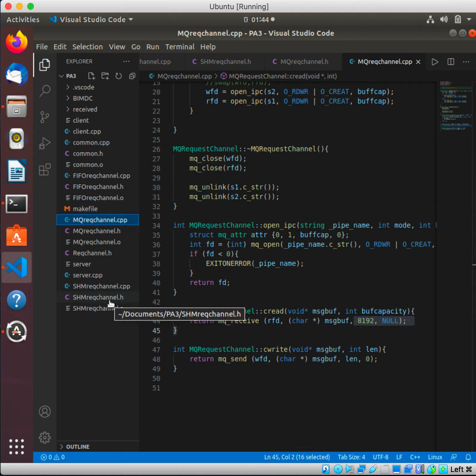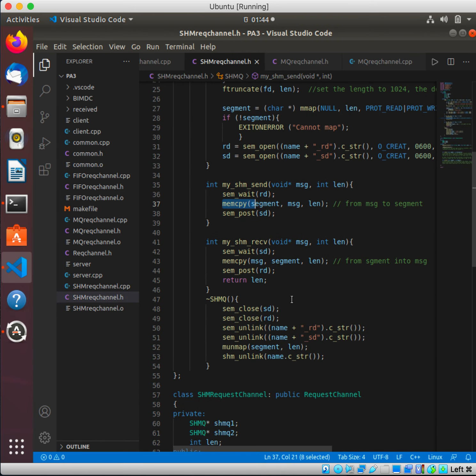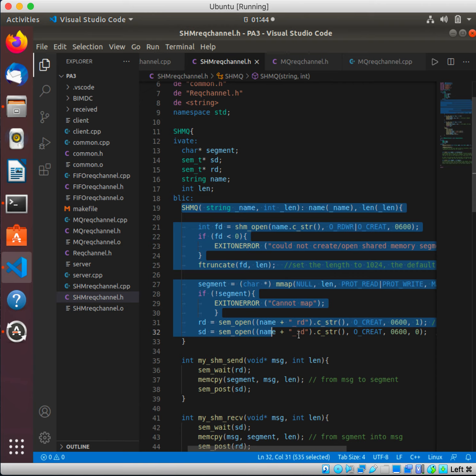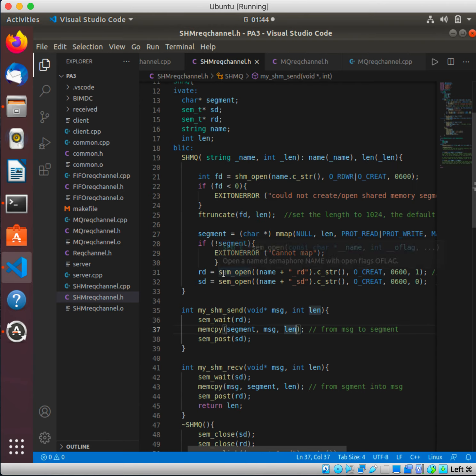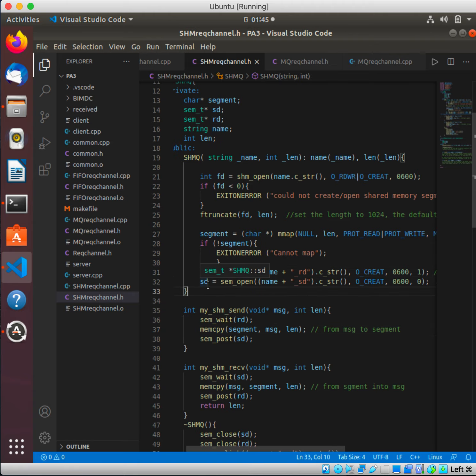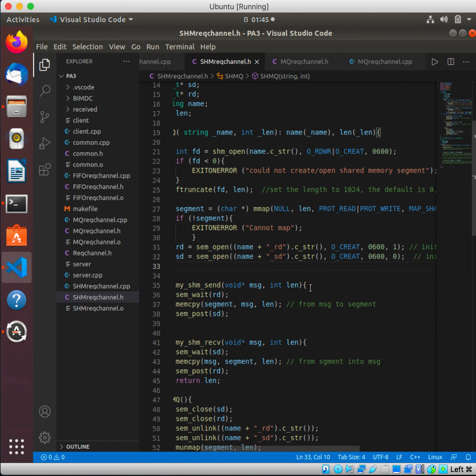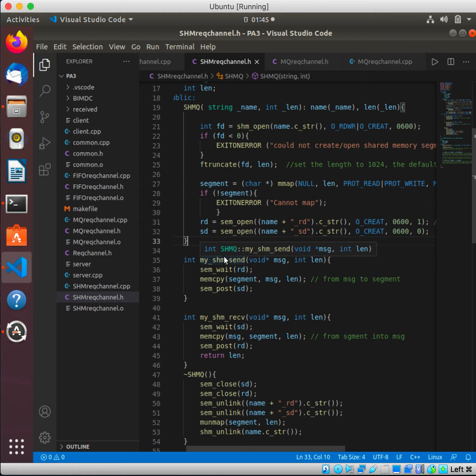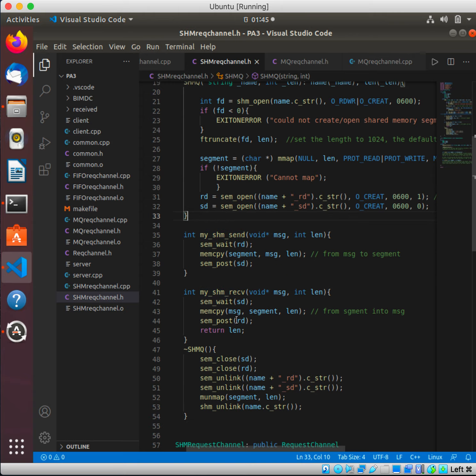With the shared memory request channel, they're gonna have their own constructor, and make sure they're gonna call the ordi, and then the ordi, and then the SD, and then the send, and then receive. For the send, they're gonna wait on ordi, and then they're gonna copy it and then post it, and then in the receive,